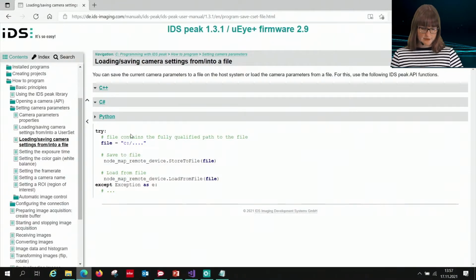On this manual page, you can see that for loading and saving camera settings from or into a file, there are code snippets in all 3 programming languages available. So you can just look up, okay, how would I load this parameter file, and just insert your code snippet.